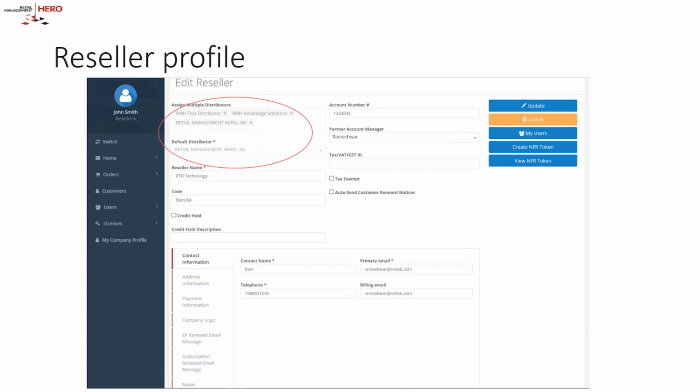So let's now look at my company profile, which is at the bottom left of the menu options, and see how your company is defined and how we as the overall distributor see your information. So the first part of it is you can see assigned multiple distributors. If you're assigned to multiple distributors, you can't change that, but you can view which distributors